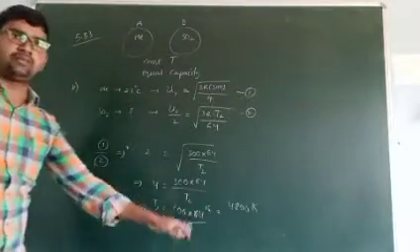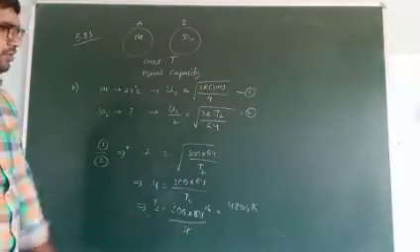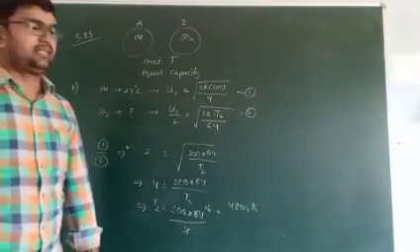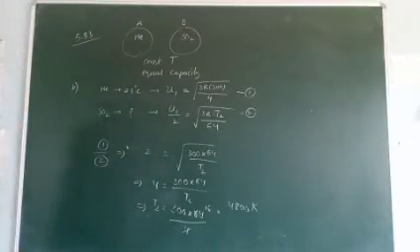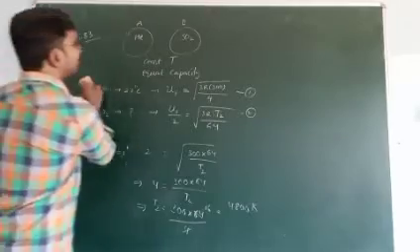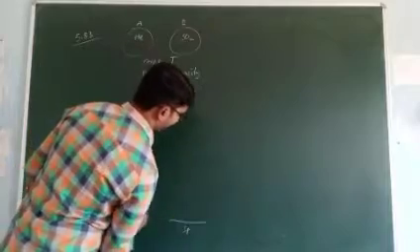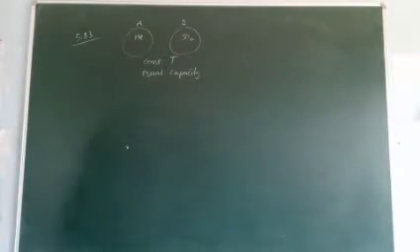But in our textbook, the problem answer is given wrong. We can convert this into degree centigrade, meaning minus 273. Okay, B is also completed here. Now C. What is C?